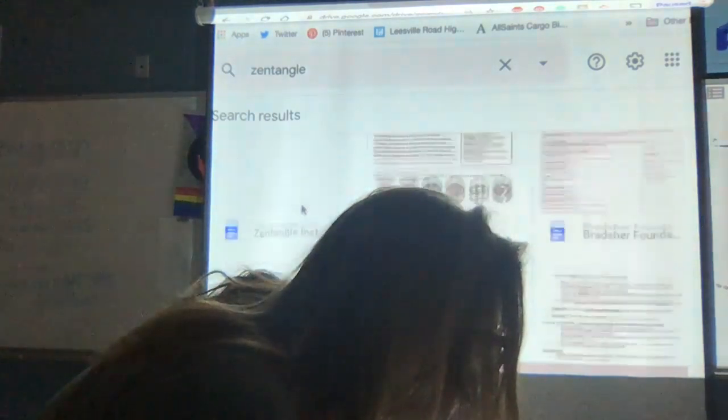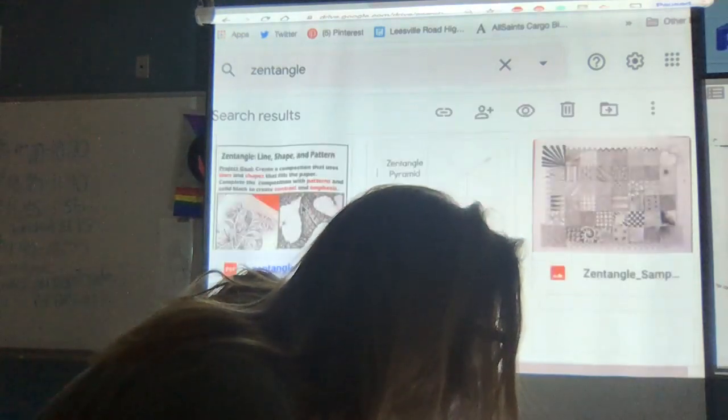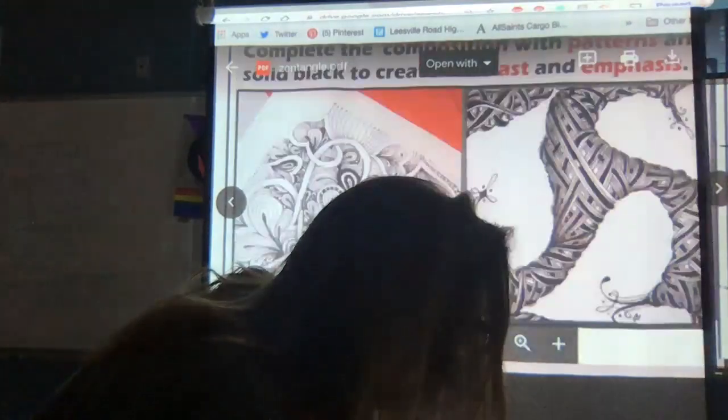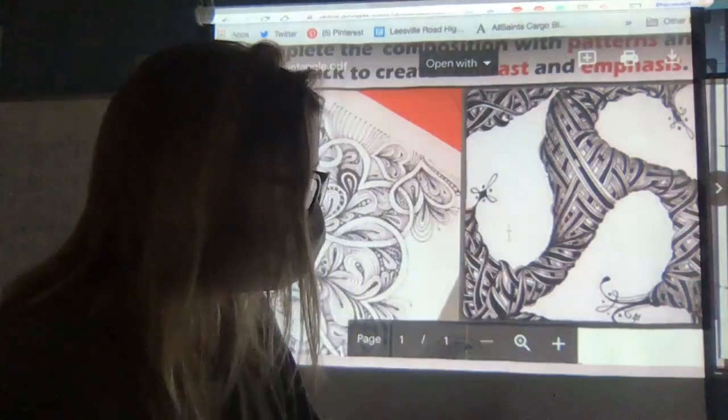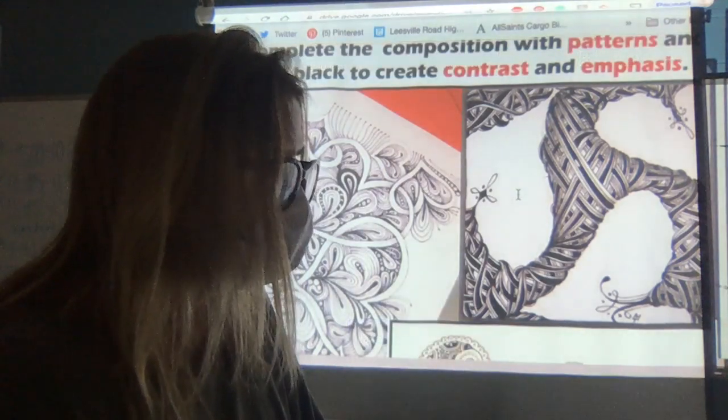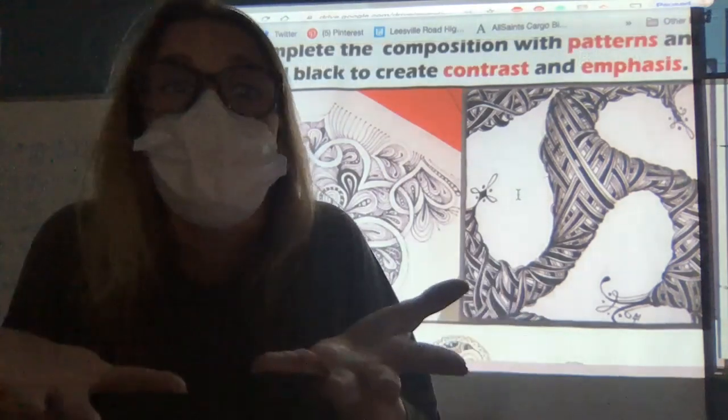I used to have really good images. Let's look at this for a second. I think my images are on Pinterest. I just want to show this image right here. See this large shape. Let's say you are doing